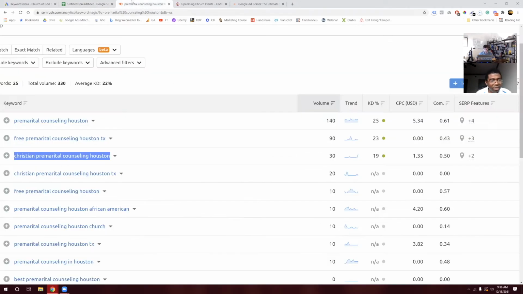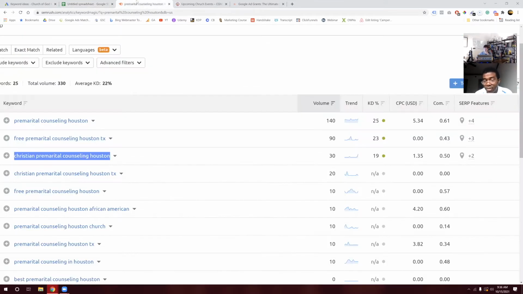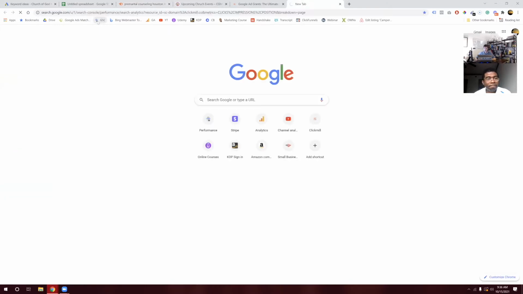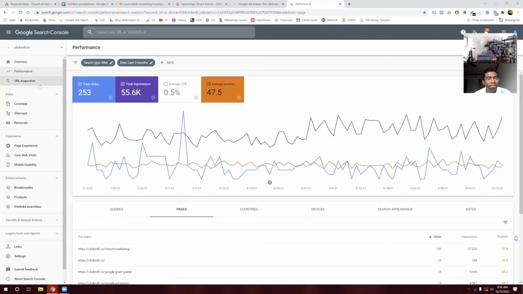So the same article can contain the two keywords. I'm sorry, say it again. I said the same article can contain the two keywords. Yeah. So when you write an article, for example, I'll show you here. Okay. So Google Search Console, this is a tool that basically indexes,